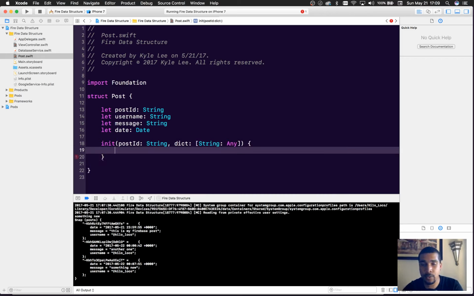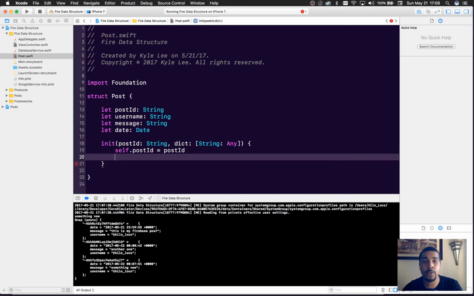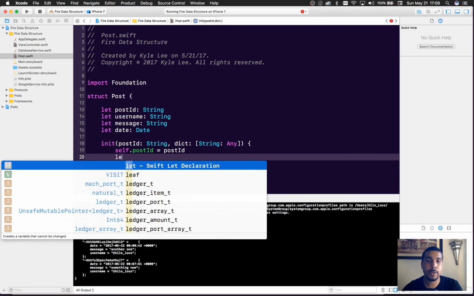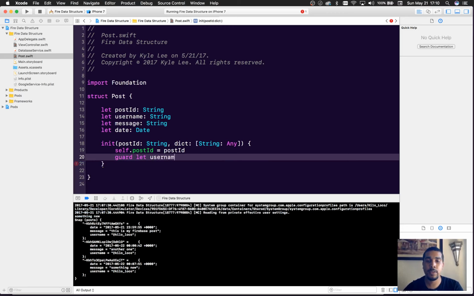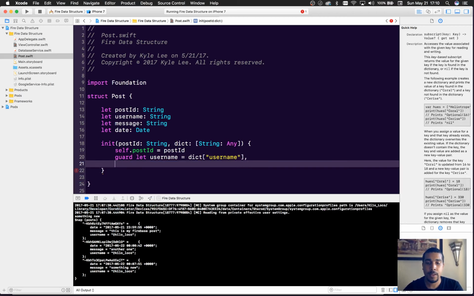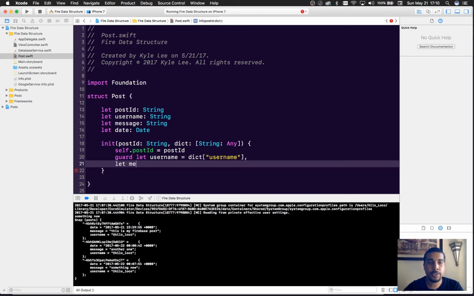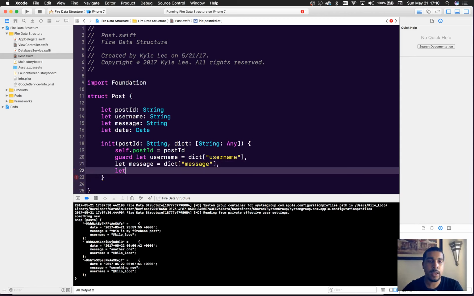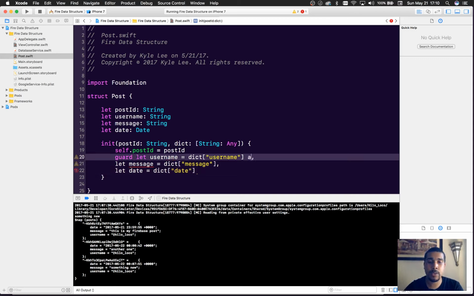Right? So obviously we'll do self.postID is equal to postID, and then we'll have to go through and parse out our objects. So we'll do guard let username equal dict username, let message equal dict message, and then we'll also do let date equal dict. Oh, I also forgot one other thing, date. Since we need to know what it's coming back as, so we do as string,